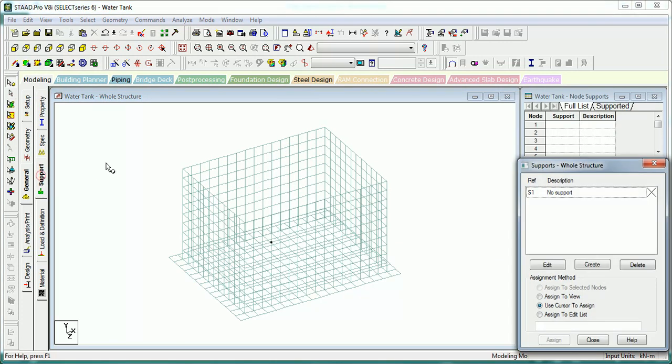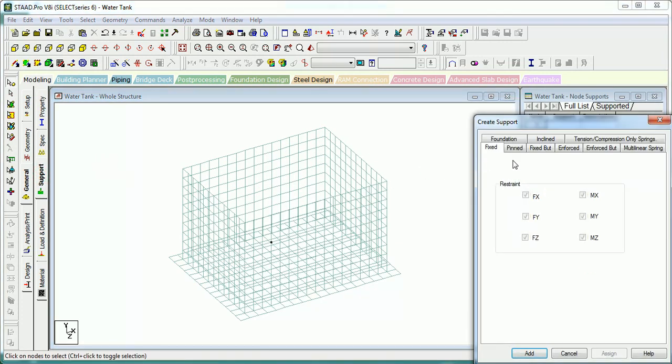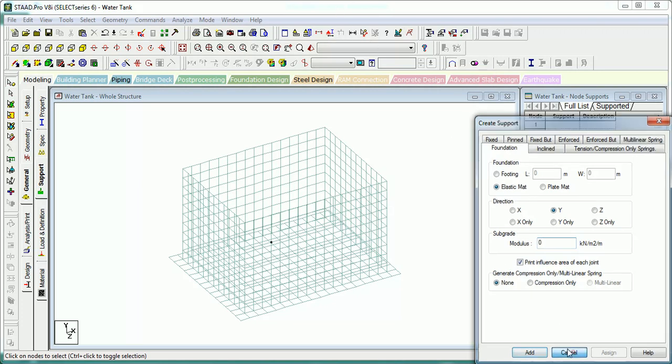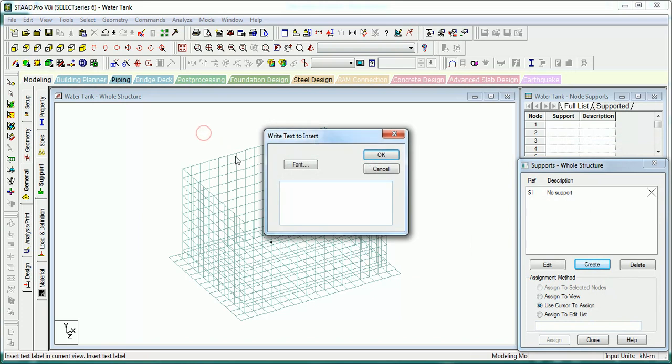Now comes the supporting. The base will be of subgrade modulus, foundation type, elastic mat Y, and there will be a subgrade modulus. If the SBC is 150, let's learn that. If SBC is equal to 150, the subgrade modulus will be 150 into 2.5, that is factor of safety, divided by settlement 50 mm. That comes out to be,